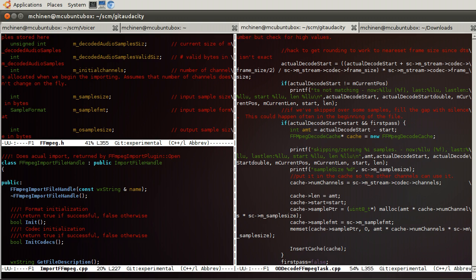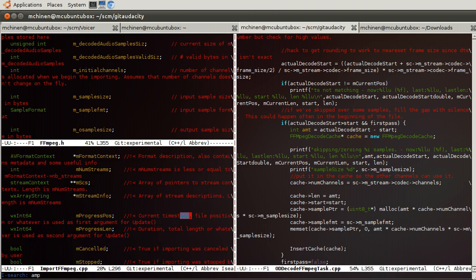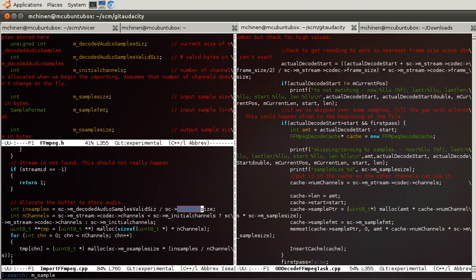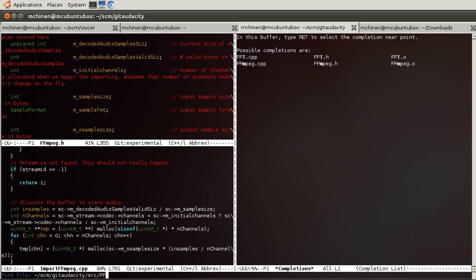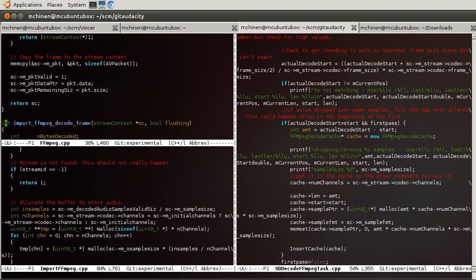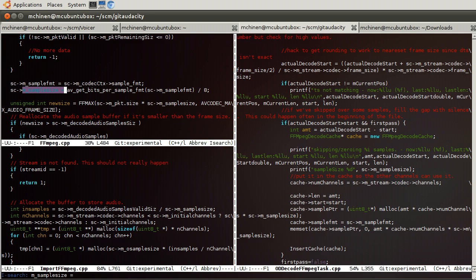Okay, how can we stop the bleeding? So weird that sample size isn't set. M sample size equals. Never happens. I bet I know where it happens. There we go.